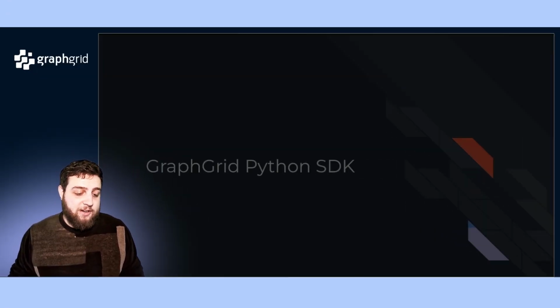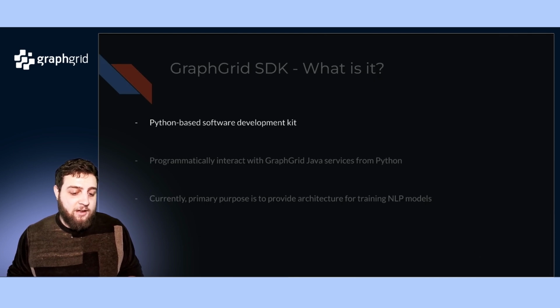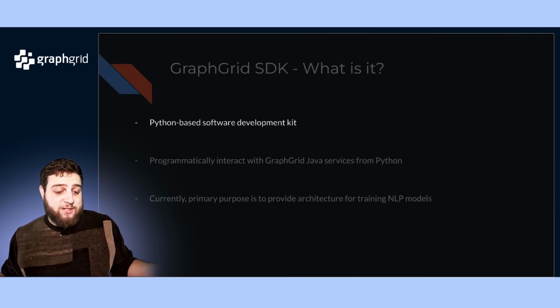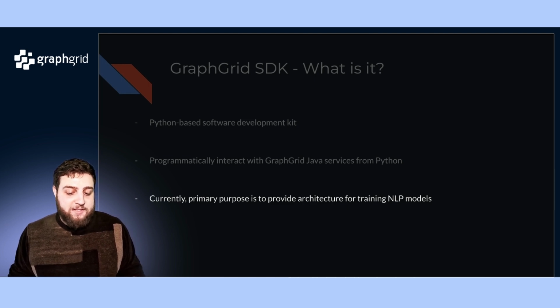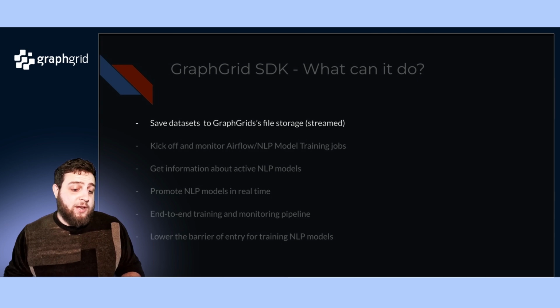So let's first dive into the GraphGrid Python SDK. As I mentioned before, it's a software development kit, and that means you can programmatically interact with our Java services using it. Right now, the primary purpose of the SDK is to provide architecture to actually train the NLP models. And so the way that happens is you can use the SDK to do things like saving your own